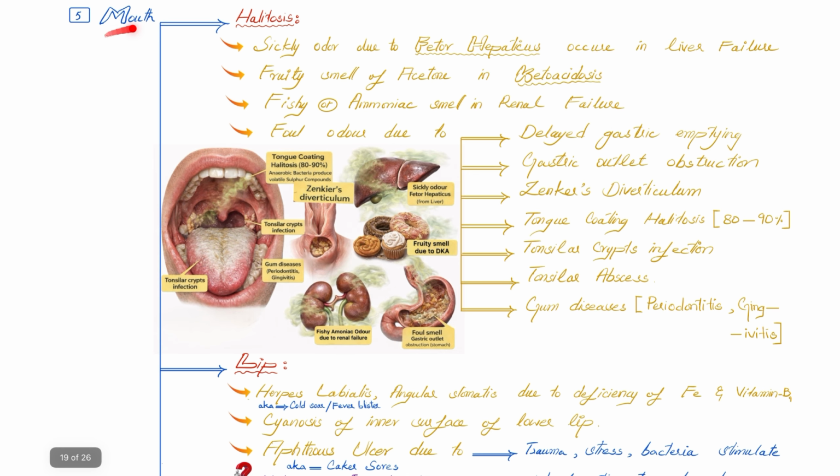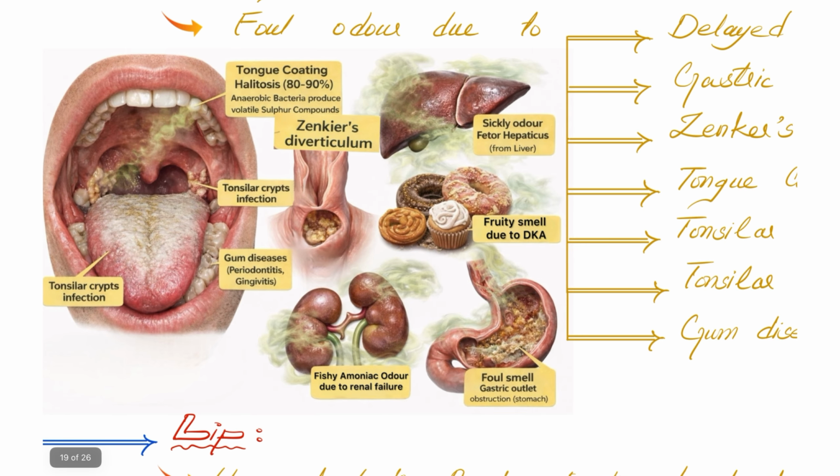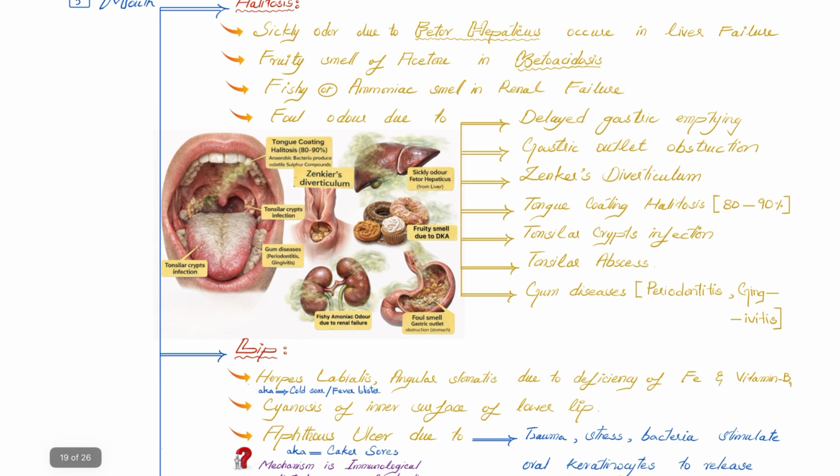First, you need to know about halitosis, meaning bad breath. Sickly odor is found in fetor hepaticus, and it occurs because of liver failure. Fruity smell of acetone is found in ketoacidosis. Fishy or ammonia smell is found in the breath of patients having renal failure. And foul odor or bad breath or halitosis can be because of delayed gastric emptying in diabetic patients,